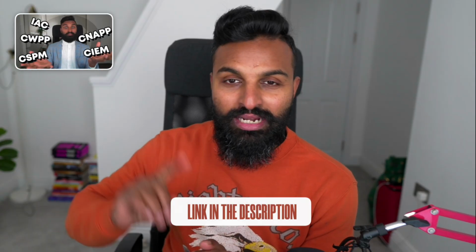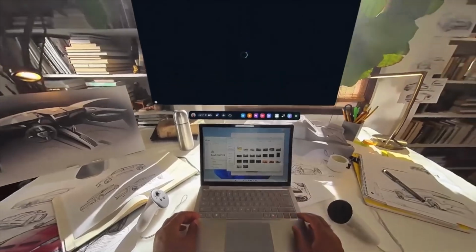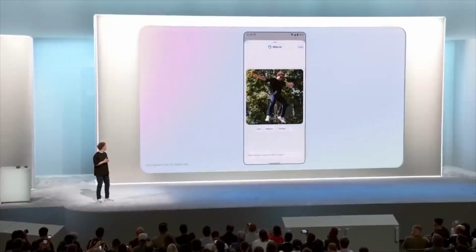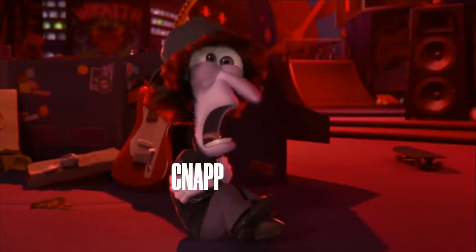If you don't know what they are, I'll leave a link over here for the videos where it explains what that is. But point being, these were the things that I used to work on, or my team used to work on as cloud security engineers and architects to know what's wrong with cloud security. Now, over time, since the past couple of years, a lot of AI workload have come in, which meant that the cloud engineers and cloud architects are not being able to focus their attention on the fire hose of alerts with the red wall of alerts that is coming from all the CSPM and CNAPPs,